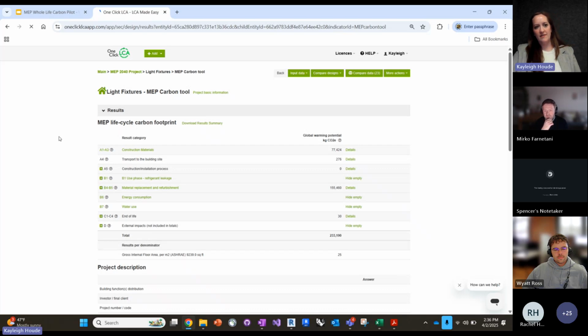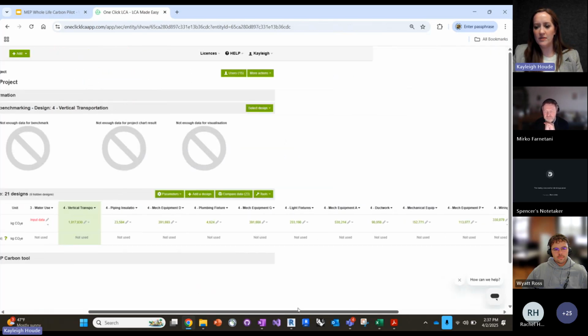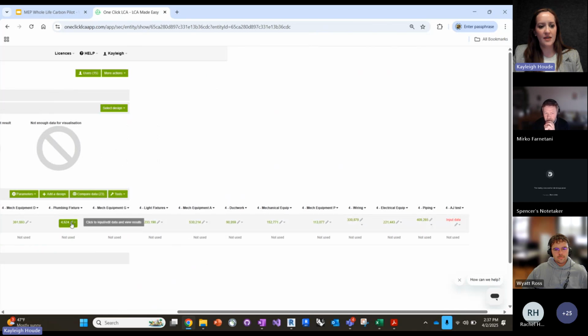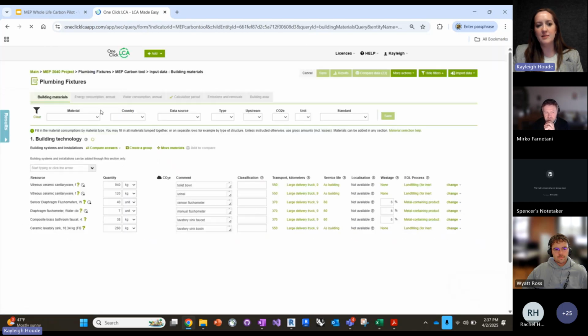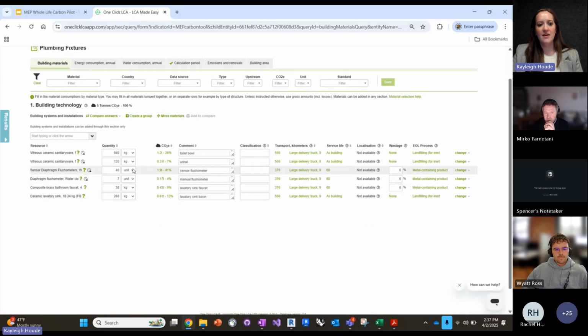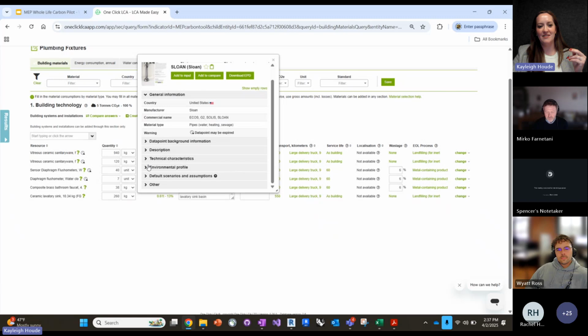Again, this project is reflective of Weimar Hall in terms of the results, not necessarily what I was showing on the screen there. If you look at plumbing fixtures, it's pretty easy because you're just doing it by number of units. You can see that I've been playing around with the kilograms. The nice part about using this tool is even when I put in the number, so it's 40 toilets, I quickly flick it to kilograms so that I can see how much they weigh and then put that in as my mass value in the data entry template. I would suggest that for all of these, it's nice because OneClick always has a weight-based option for each of these, rather than you having to do that kind of scaling yourself.